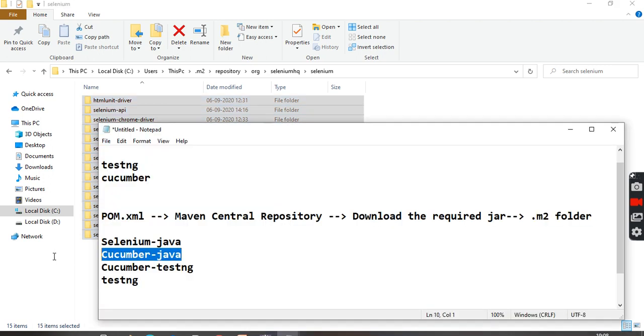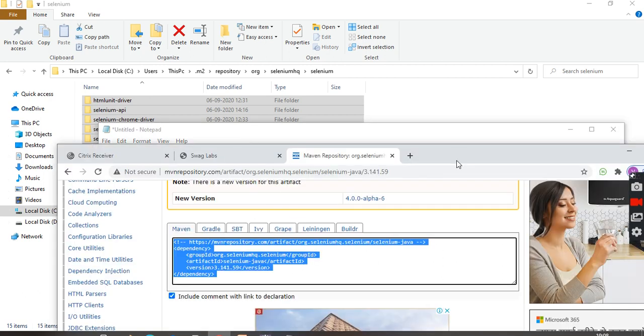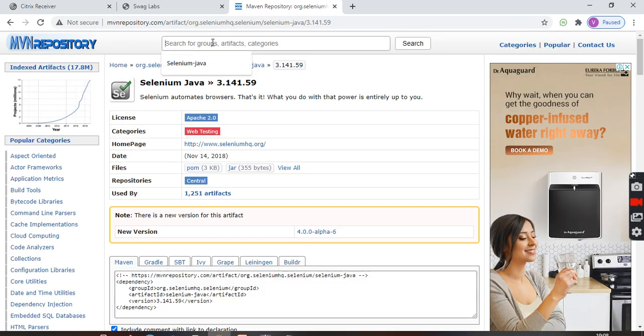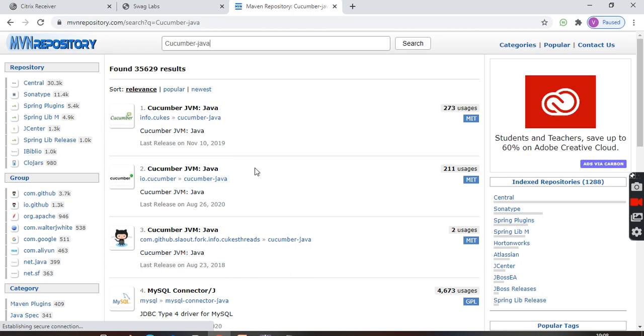But that is fine. What about the Cucumber Java? Cucumber Java, similarly, just go to here, type it. What is the version you want? Here is a tip, one trick actually. If you go to Cucumber Java, this is also Cucumber Java, this is also Cucumber Java, you will get the doubt, which one do I have to use? Cucumber has two versions.